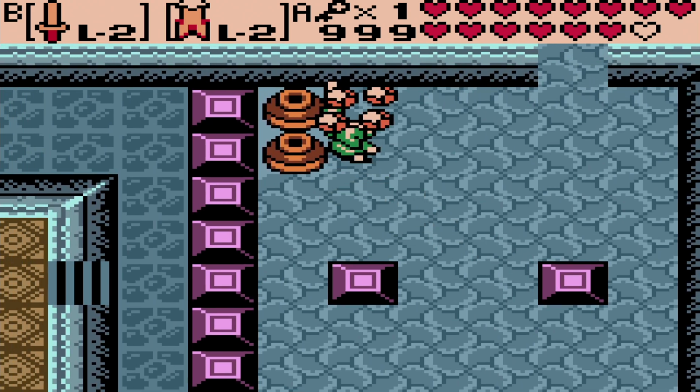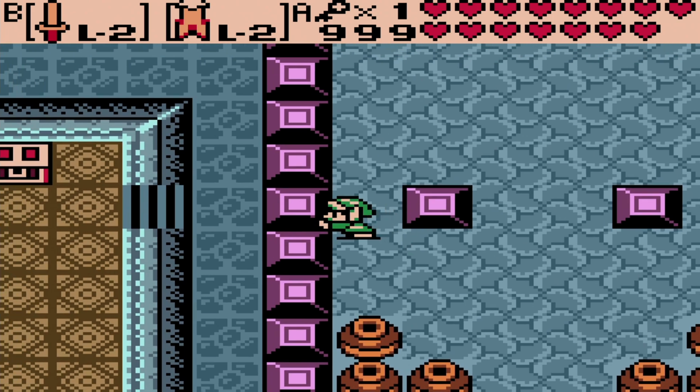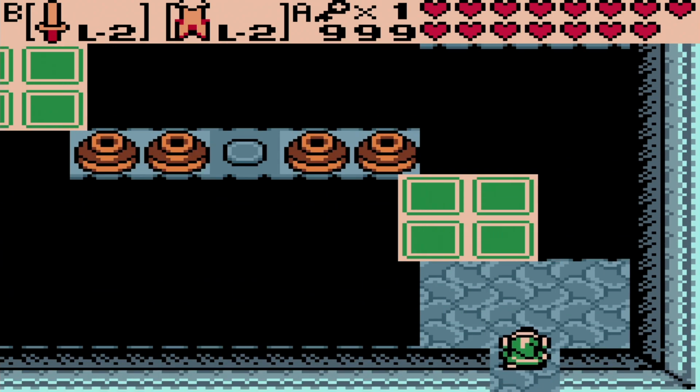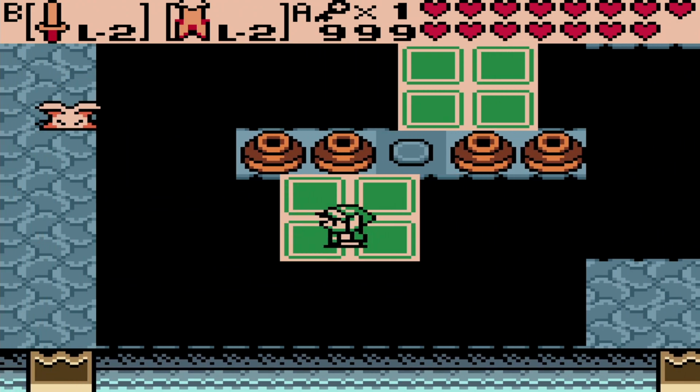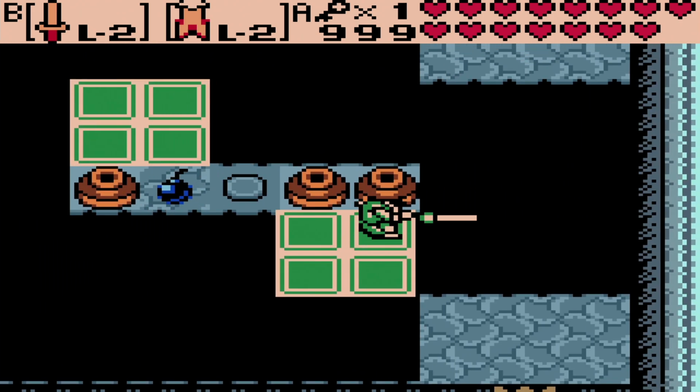Because that will trigger the chest appearing. Officially this is a kill all enemies room, so we first need to go in this part of the room so we can spawn the chest in the other part of the room. Don't forget about this. Then we need to go over here. For this part we need to destroy all enemies. That includes the keys, I'm pretty sure, so...